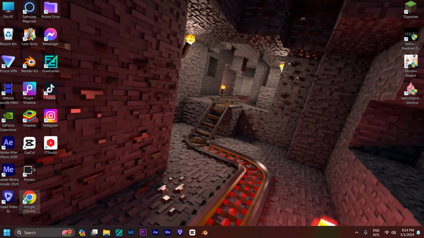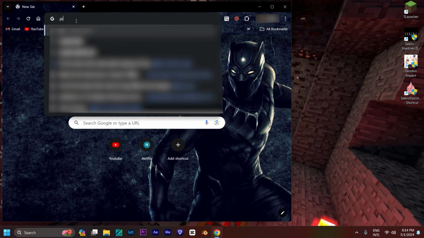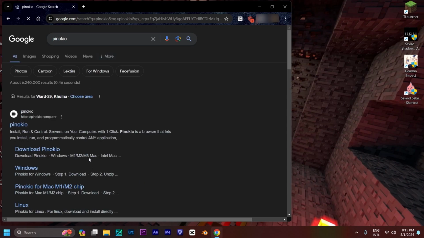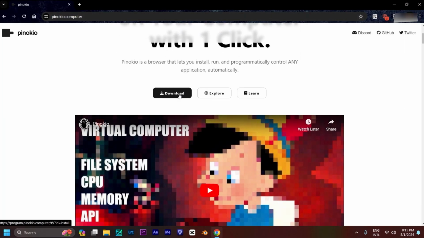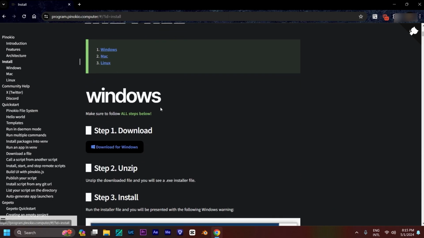Today I will not explain a single thing, just open Chrome. Then go to the Pinocchio official website and download Pinocchio from there. So first of all, go to Pinocchio and click the download button. And after clicking the download button, you will see this page where you will go to the download section and